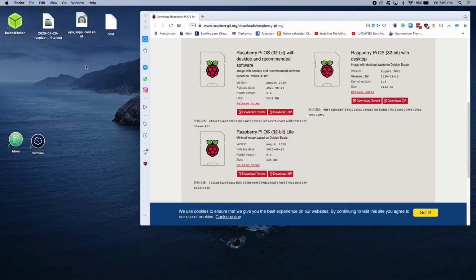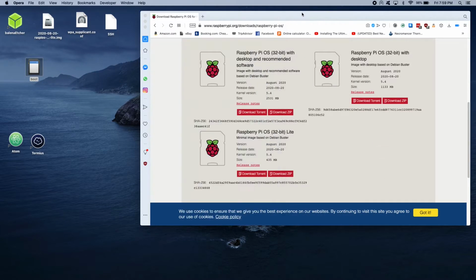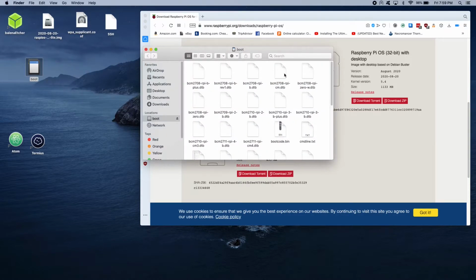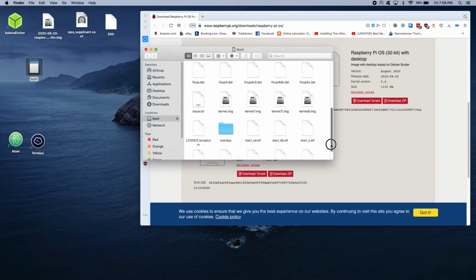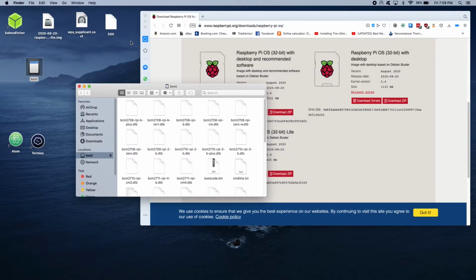You're going to remove the SD card from the slot and reinsert it. Now, if everything goes as planned, when you reinsert it, you'll get an icon that shows up that's called boot. That boot, you're going to open the SD card, and we're going to insert one or two files